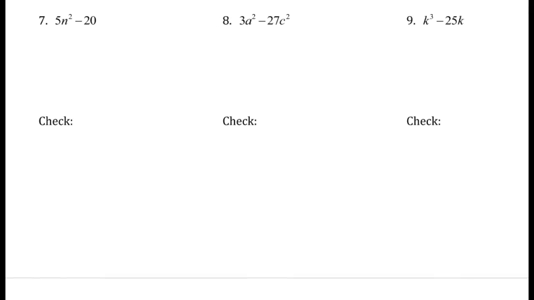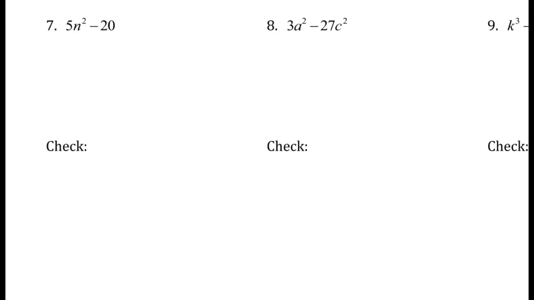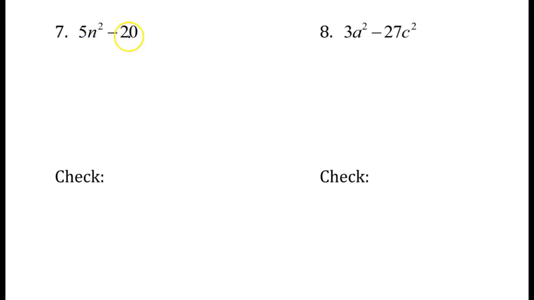But you might notice that, like when we're doing the box and everything else, can we take some number out of 5 and out of 20? Can we take the same number and factor it out of both? Okay, and what number would that be? Yeah, we can take a 5 out. So if it doesn't work, try removing a factor and see if whatever you're left with works. So if we take a 5 away from the 5n